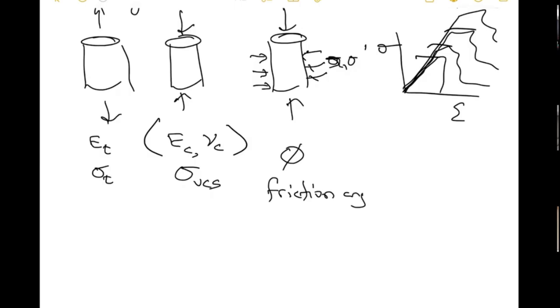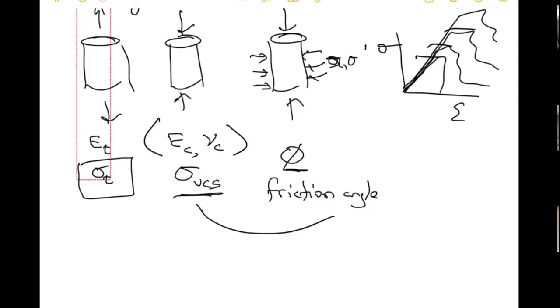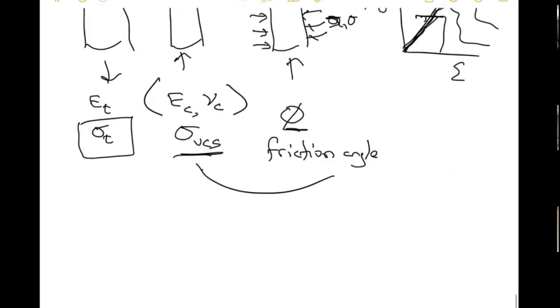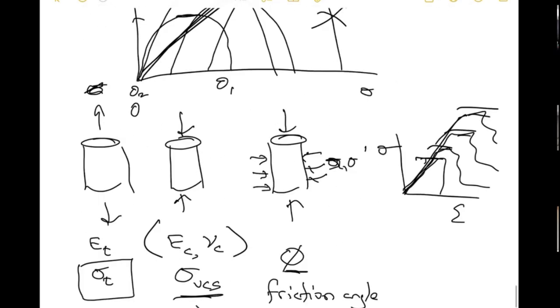And this is probably the simplest possible way of thinking about strength of rock. So we talk about strength of rock, tensile strength, and then UCS and friction angle. Because if you know the friction angle, you know what these values are. So you measure some of these values and you do this fit, and you come up with this friction angle. So the key thing is you're figuring out how it's getting stronger.